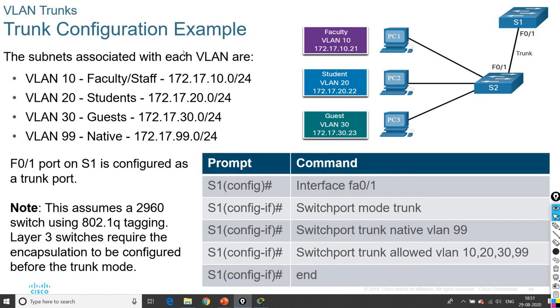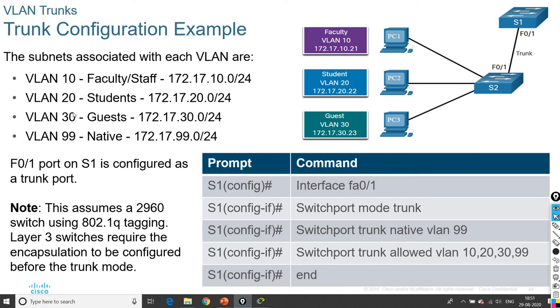So, trunk configuration example. The subnets associated with each VLAN: for VLAN 10, faculty, the IP address for PC1 is 172.17.10.21, and similarly for student VLAN 20, 172.17.20.22, and for VLAN 30, guest, the IP address is 172.17.30.23.